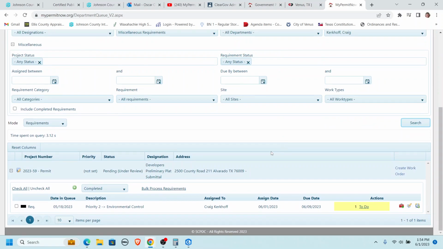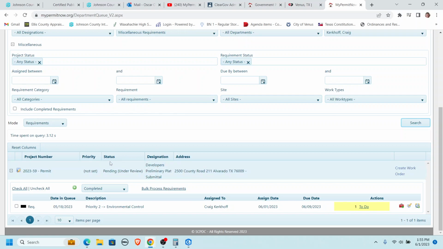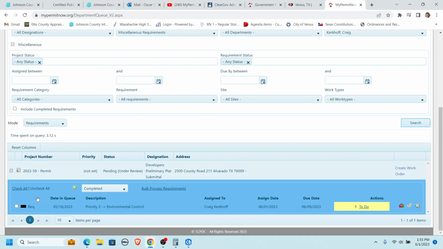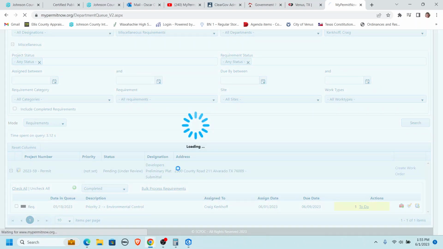It takes a moment and you scroll down, you will see the permit that has been assigned to you. So the project number is 2023-59, permit, priority, status pending review, address 2500 County Road 211, the date in the queue, the assigned to, Craig Kerkhoff, the assign date, the due date, and actions, right? So to review these, what you need to do is go back here where it has the notepad with the pencil, click on it,